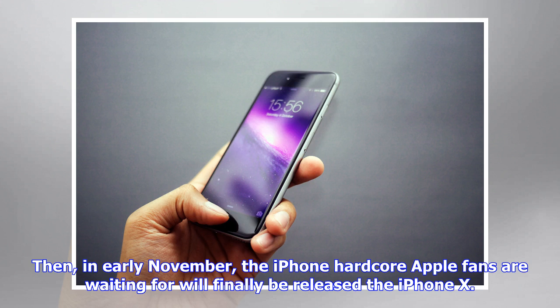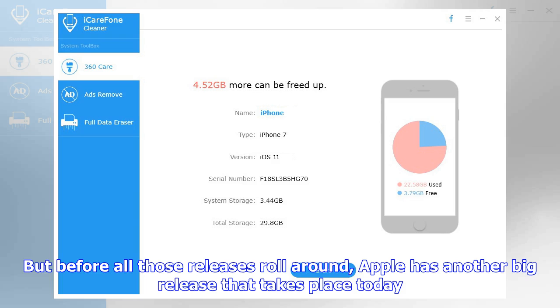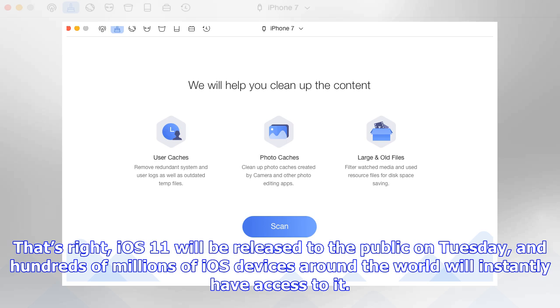That's right, iOS 11 will be released to the public on Tuesday, and hundreds of millions of iOS devices around the world will instantly have access to it. Thankfully, iOS isn't like Android, where people have to wait months before they can actually install new updates. iOS 11 is packed full of new features, enhancements, and behind-the-scenes tweaks that combine to dramatically improve the iPhone and